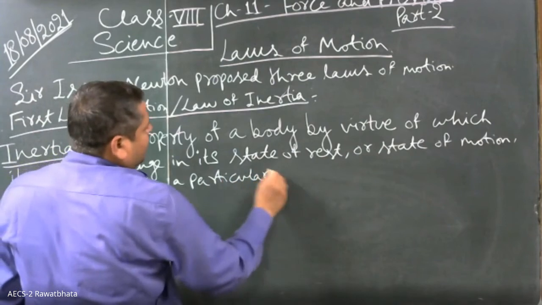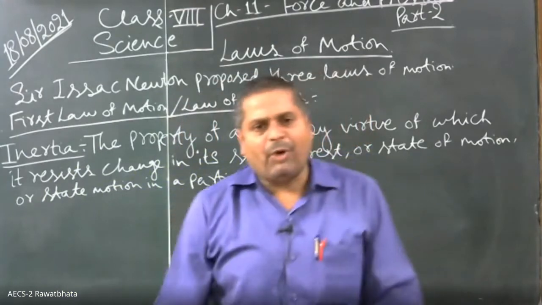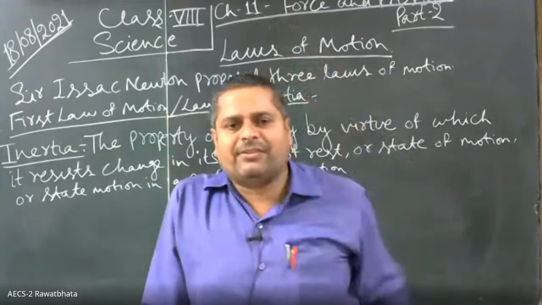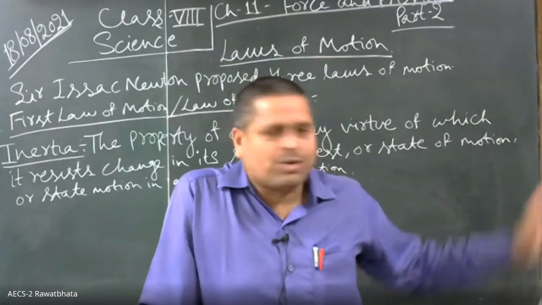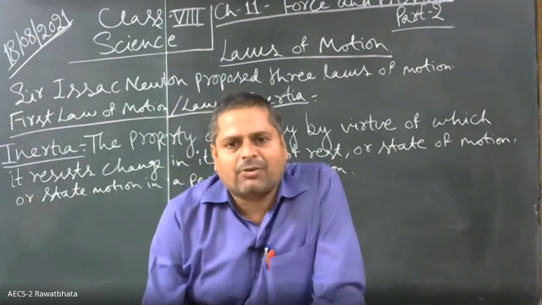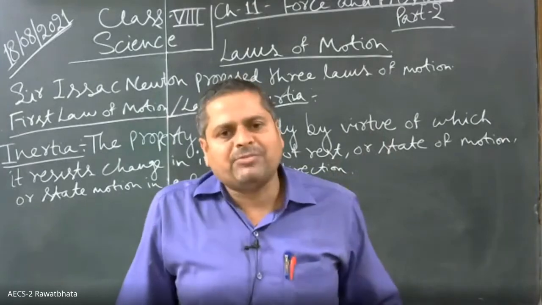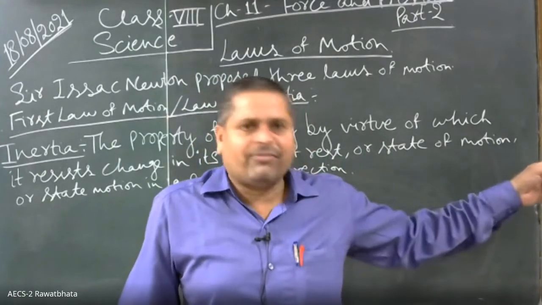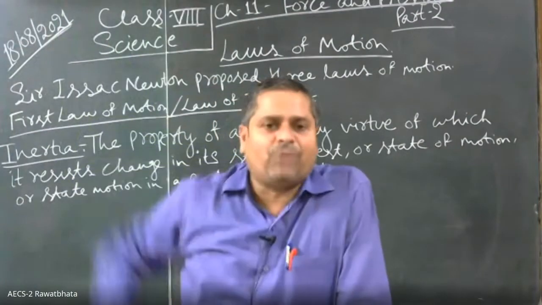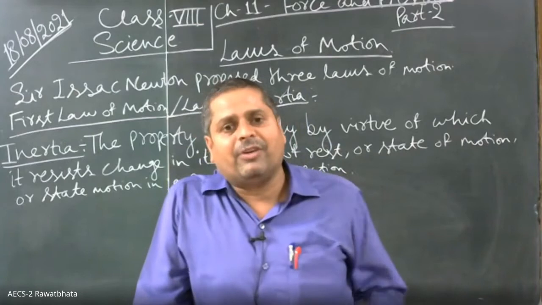You might not be understanding this, so let me make it more clear. Suppose a fan: the blades of the fan, when you switch it on, perform circular motion, and they will continue to perform circular motion unless we switch off the fan. So this means it is having resistance towards its state of uniform motion.